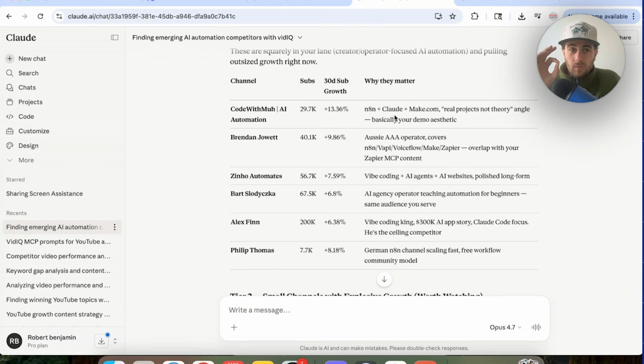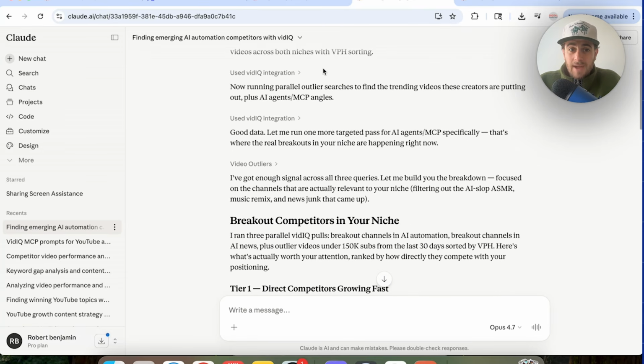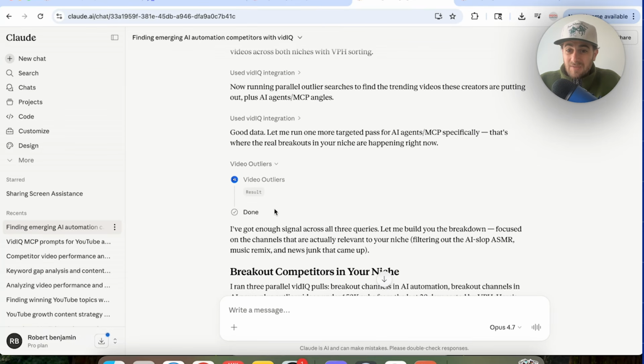And something I really want to emphasize here is that if you are trying to ask Claude, ChatGPT, Gemini, Grok, any of these LLMs these things, and you are not using vidIQ's MCP server, they're not actually going to have access to YouTube, but it will still give you an answer and it will just completely make things up. If you want this information to actually be accurate, you need to make sure that these vidIQ MCP calls are actually happening, because basically this is using vidIQ and all the different tools it has in order to